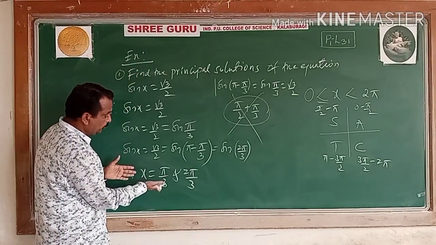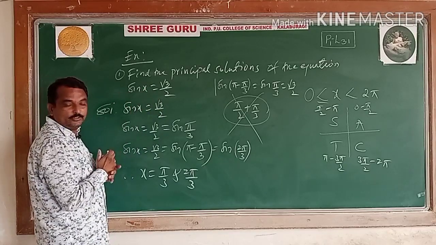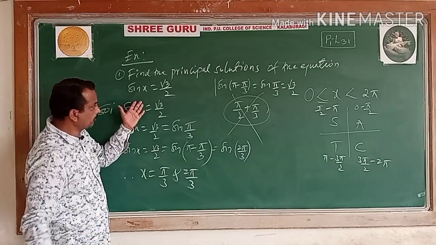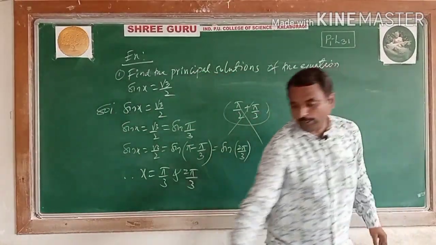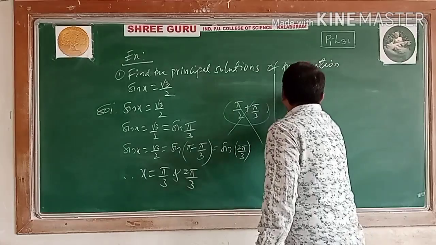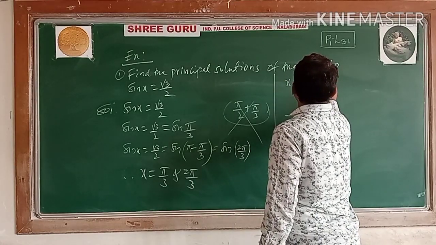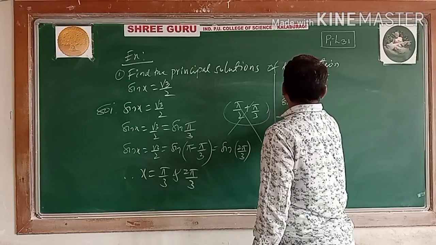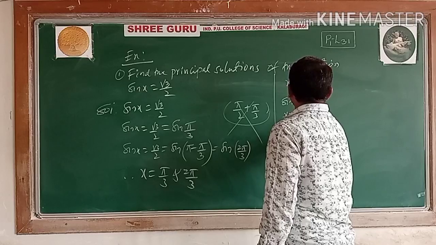See, students, you may give these two values, and the equation must be satisfied. These are the solutions of this equation. Let us check here whether these two values are solutions or not. Now what do we get here? x equal to pi by 3 and another 2 pi by 3. What is your equation? Sin x equal to root 3 by 2. Put x equal to pi by 3.